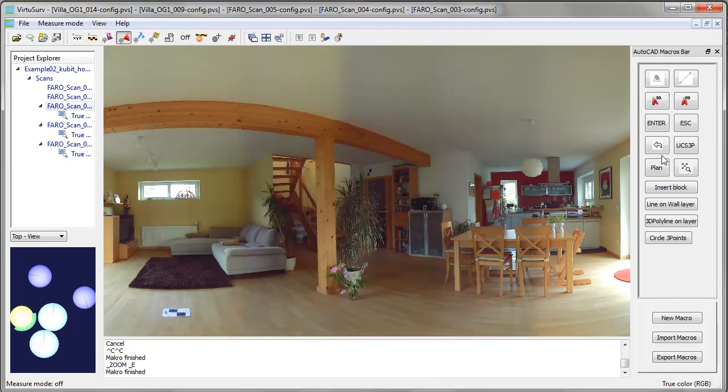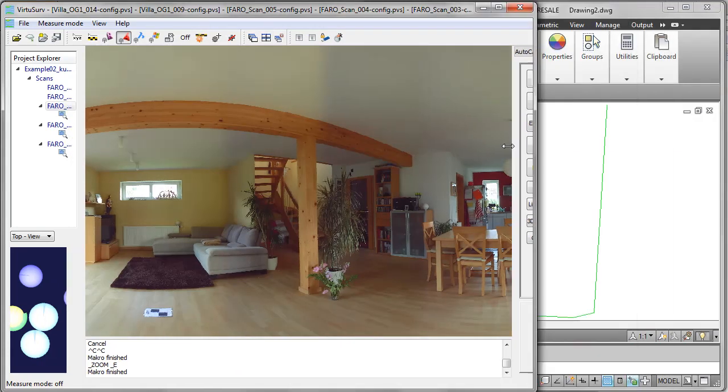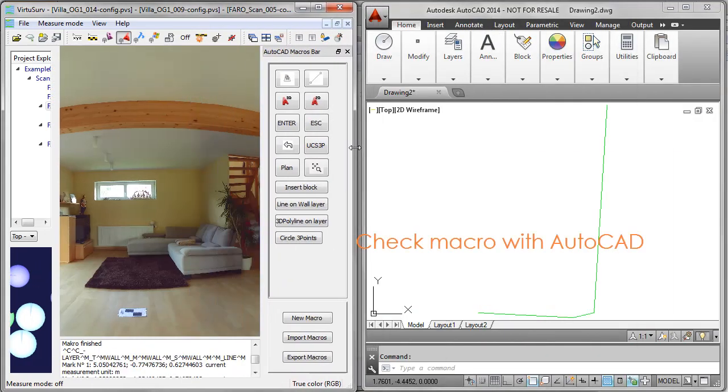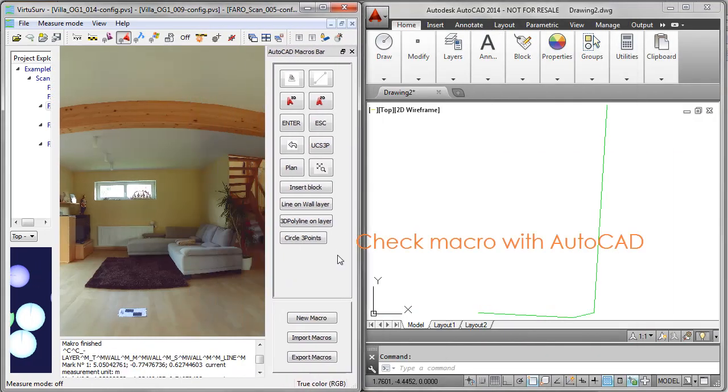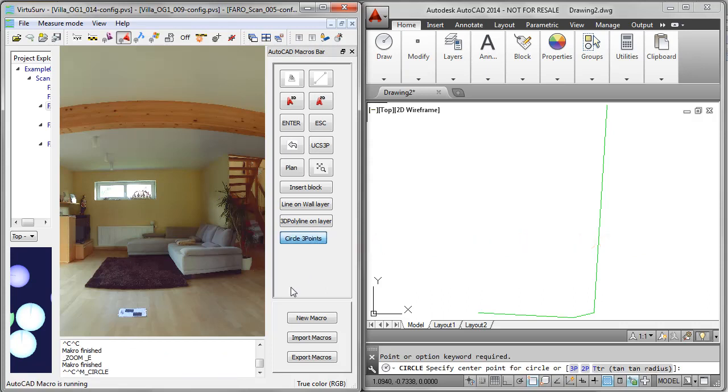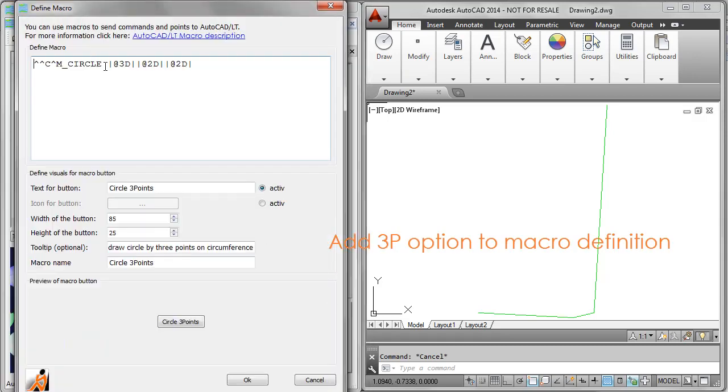And then we should definitely test the macro if we got the notation right. So we need some experience in the AutoCAD command line notation. So circle command has been started, but the command needs that we enter the correct option. So we cancel the command once more and again edit our macro and